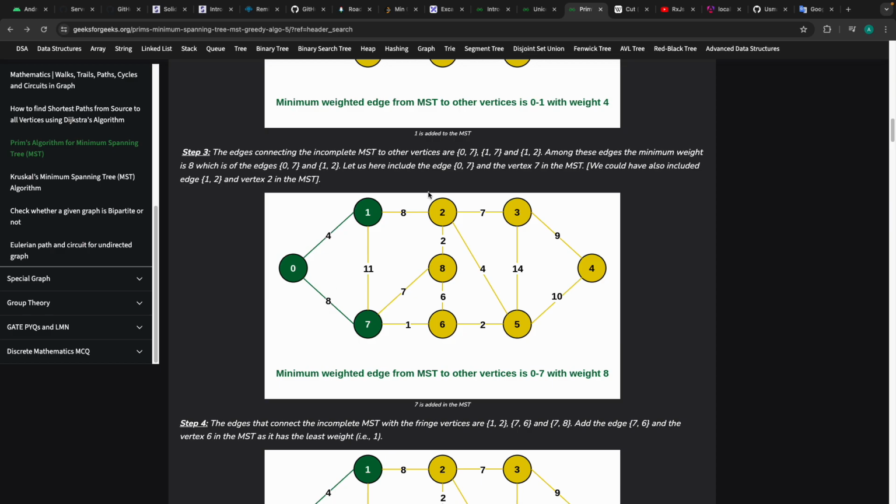Among these three edges, the minimum weight is 8,